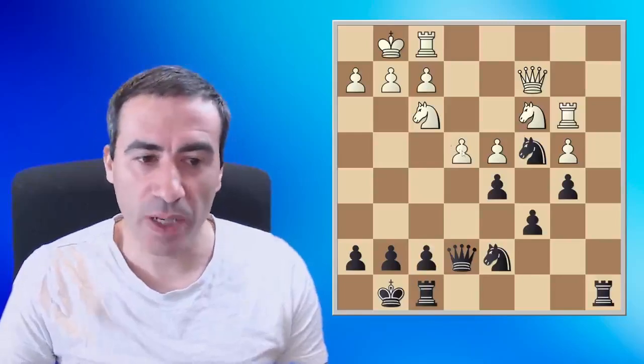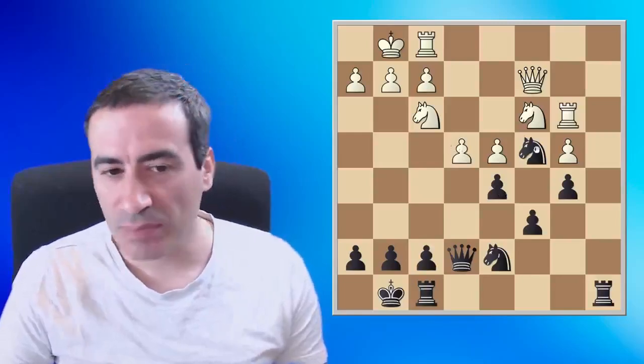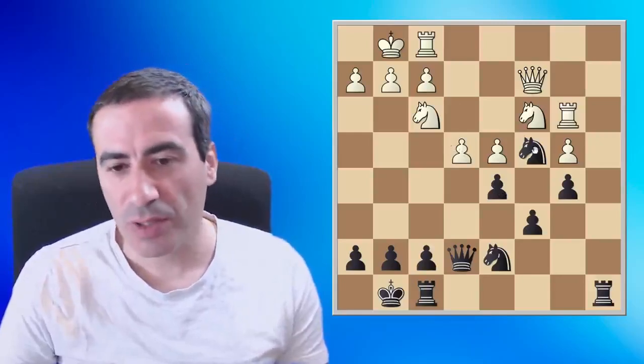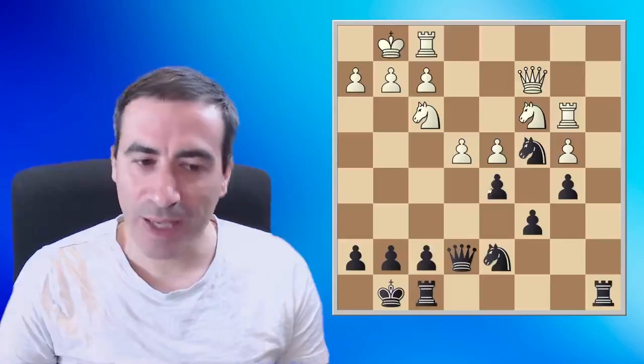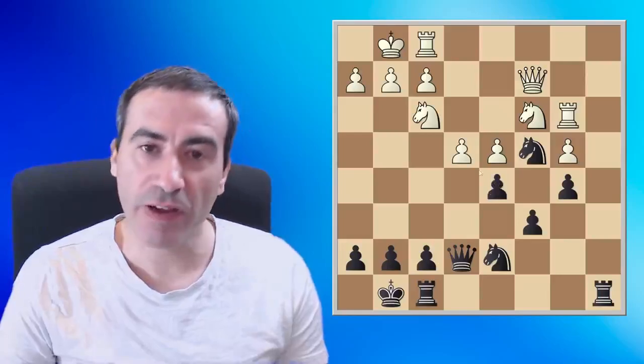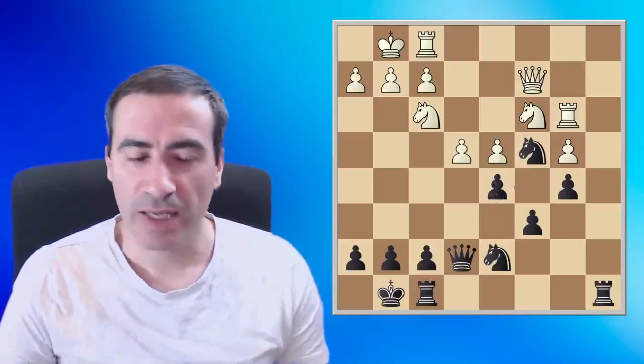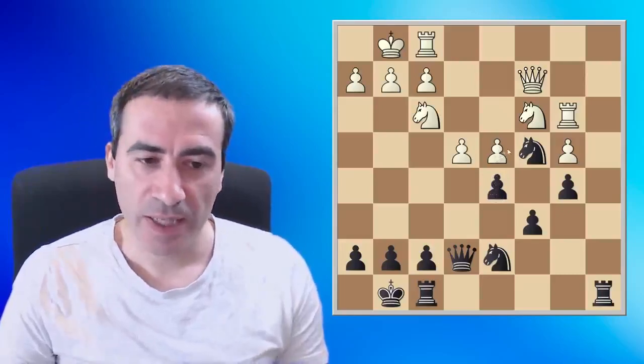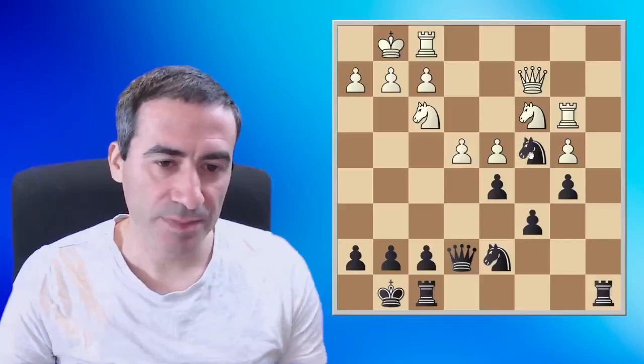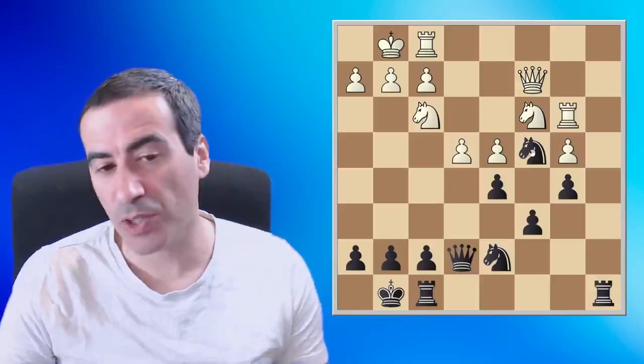White has some counterplay, and knight c4 could become a bit shaky if black has to trade his d5 pawn,